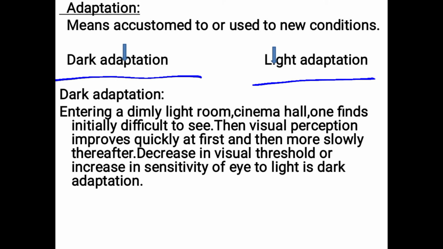That is because you are entering dim light vision from a bright light area. Initially it will take some time to see the objects. After some time you can see properly. So that is called dark adaptation. That is maybe due to a decrease in visual threshold or an increase in sensitivity of the eye to light. Understood? So dark adaptation means when you are entering a dim light room, for example a cinema hall, from the